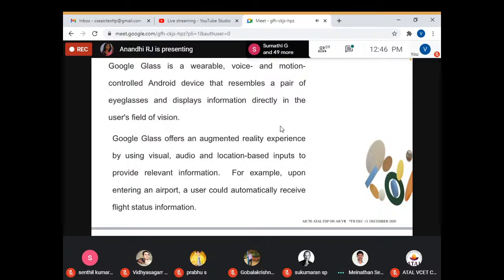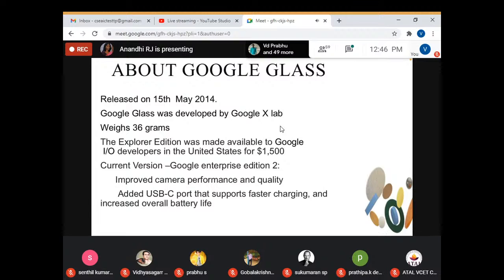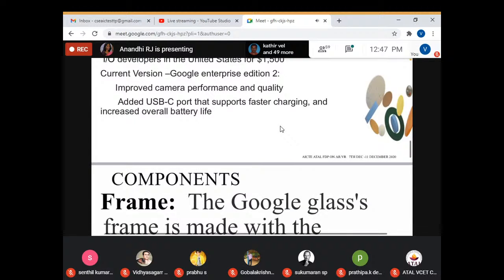If you have time now, I would request you to go through this Google Glass completely, and it's very simple, you can make a Google Glass. If you have the IoT components and the small components, we can do this. But though it looks simple, it needs a lot of performance improvement. Actually Google Glass was later even discontinued. The first version of Google Glass was discontinued because of its poor quality, but still we discuss it because